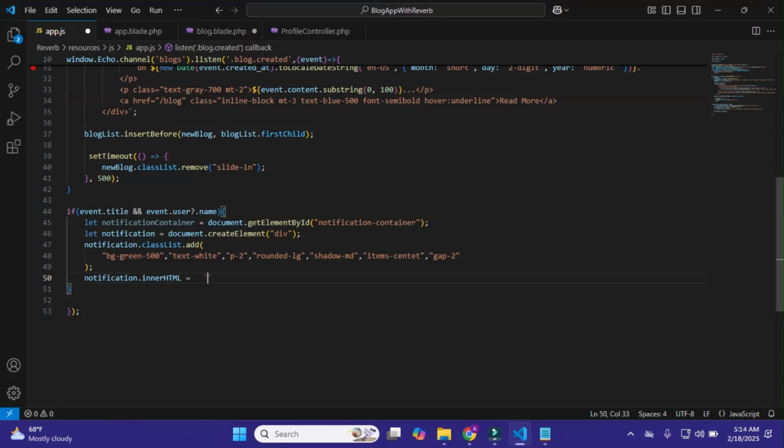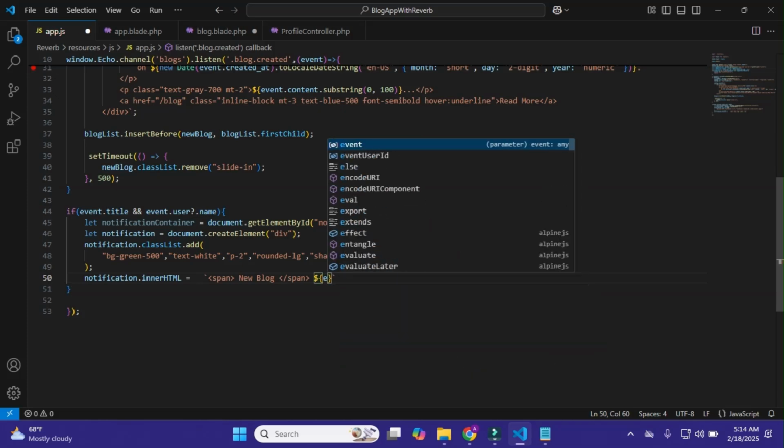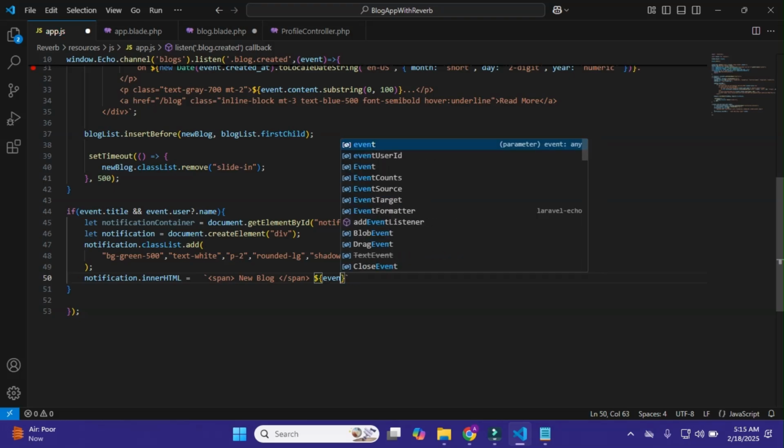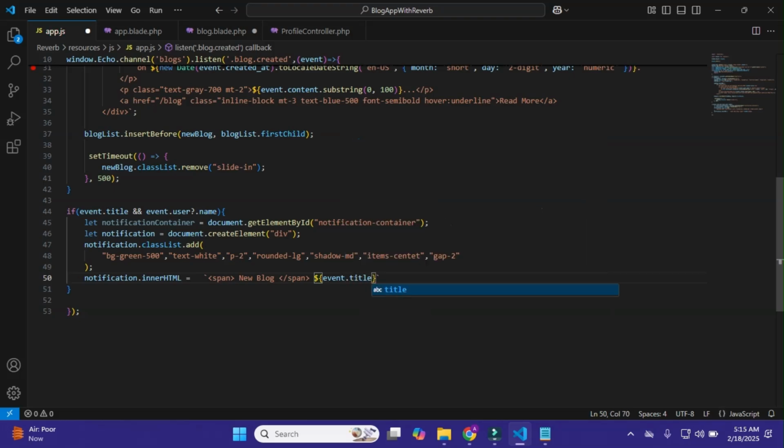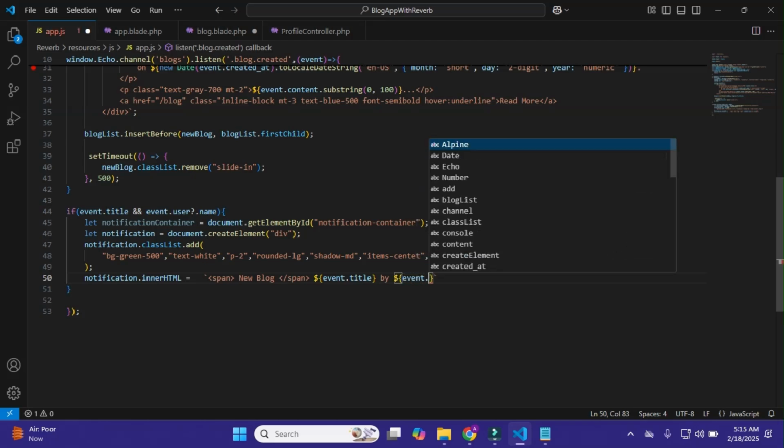simply make it span, new block, and within it I'll just simply make it ${event.title}. Okay, that's it. Event title by ${event.user.name}. Okay, that's it. We just simply do this, and